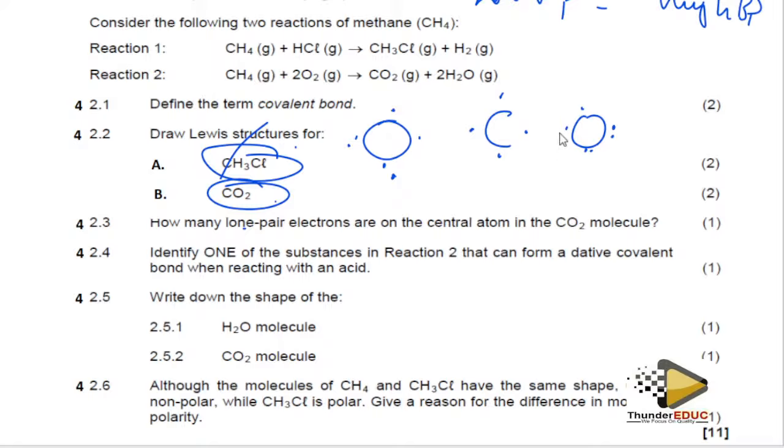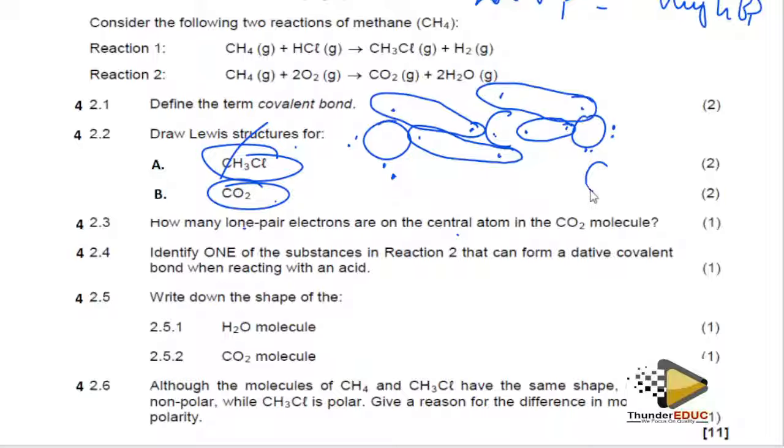what is going to happen here? This is going to combine with that to form a bond. This is going to combine with that to form a bond. And this one combines with that to form a bond, and this one too. So this is the central atom. Did they say the central atom? It means that it's going to leave carbon with 2 bonds, and then 2 lone pairs there on each oxygen. On carbon, we don't have any lone pair. So the answer here is going to become 0.